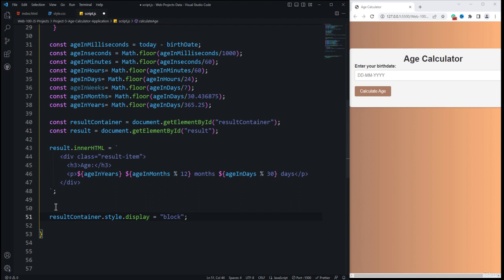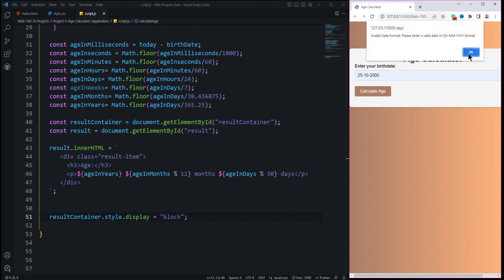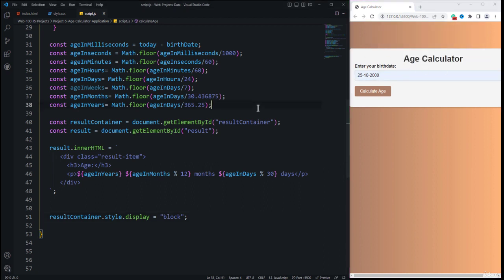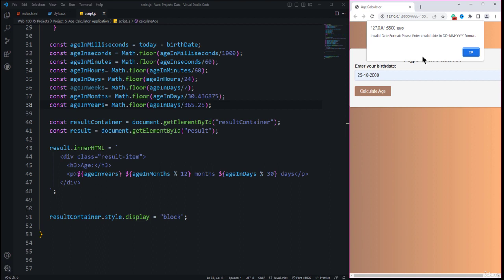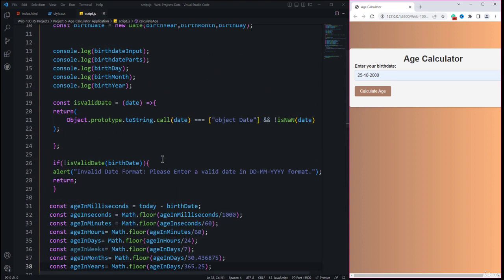If I control save it, if I enter the date of birth, and if I click on calculate, actually it is saying invalid date format. If I control save it and if I refresh it, actually it is not happy, it is saying the date is invalid. Why is it invalid? Because it is already working. So coming back to the